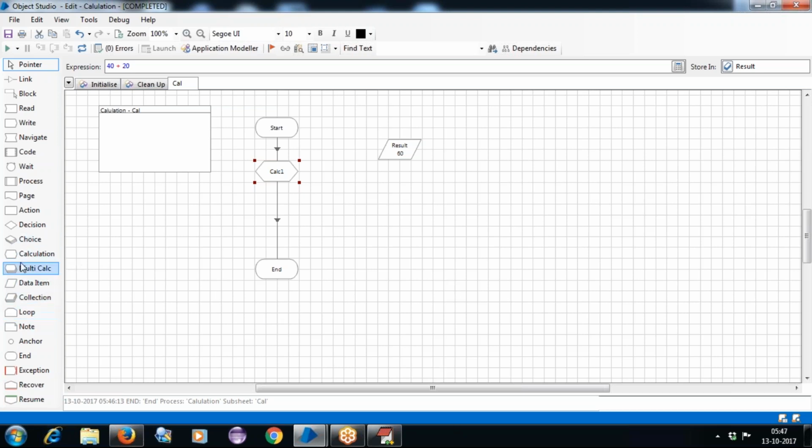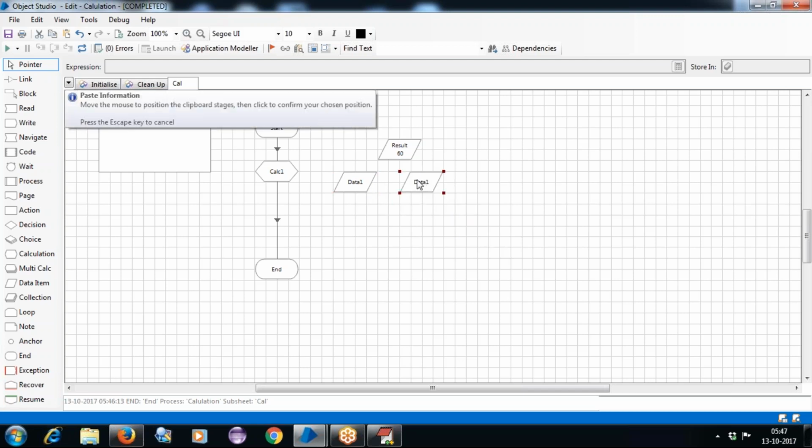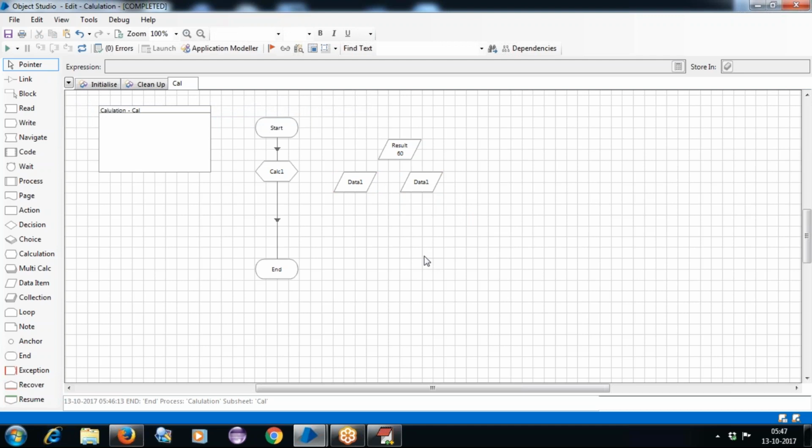Now we can see how we can do it. I'll take the data item. The size will have the data item. One way is to use drag and drop, or else I'll double click. I'll just take the click activity. Yeah, I'll take this drag activity. I require one more number, right? So I'll take one more data item here. Or else, if you're using the same stage, you can copy and paste also. I'm using Control C and then Control V also. So that is also a possibility we have here.